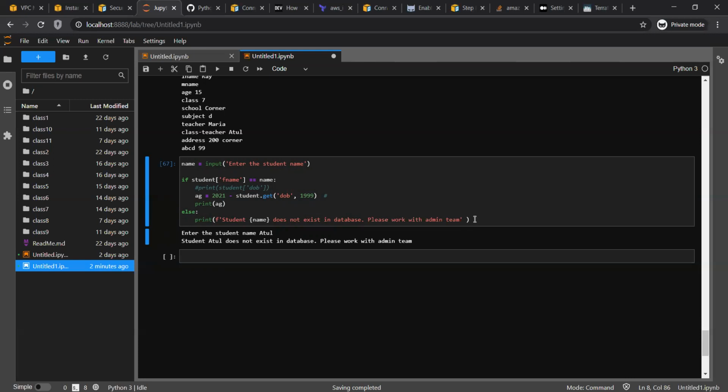Okay, what happened? Oh, Atul doesn't exist in the system, so I have to work with the admin team. And that is the idea behind every program: it should not break. So we have to code in such a way, with the if else clause, and in the upcoming class we are going to see error handling as well, how to handle the error. So we will see that as well.